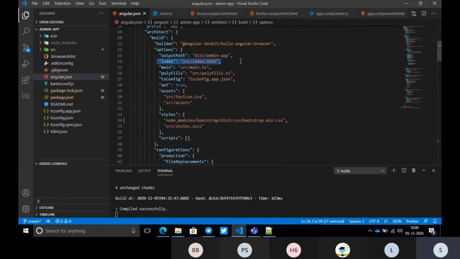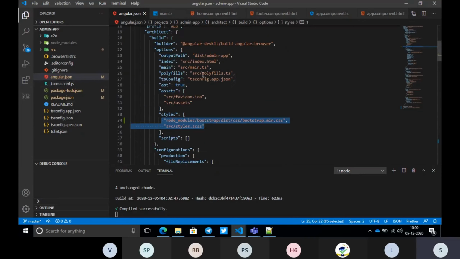So inside the angular.json, what we saw in the last class, the main thing is the starting HTML. Here we are giving index. So index.html is our starting point. And what is the starting point of our Angular code? Main.ts, and from main.ts it will start from scratch. And if you want to add any Bootstrap styling, we have to add the Bootstrap CSS in the styles. Suppose you are using PrimeNG or something similar, we have to add it here.